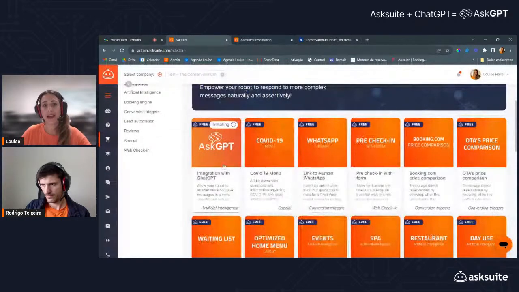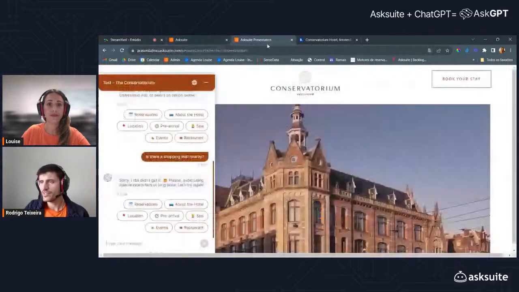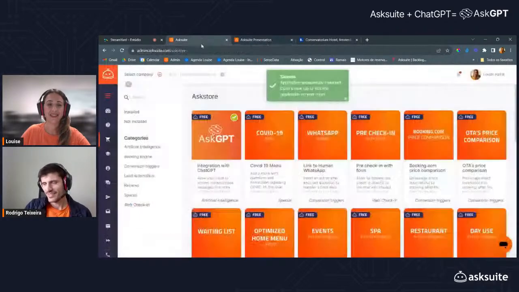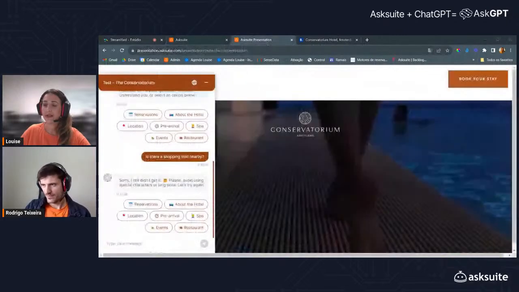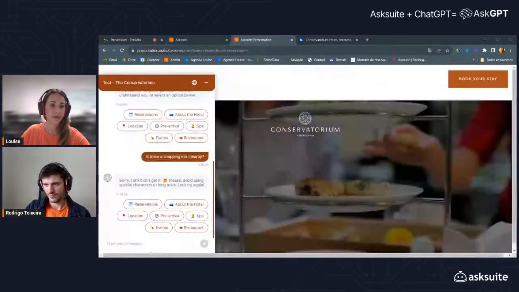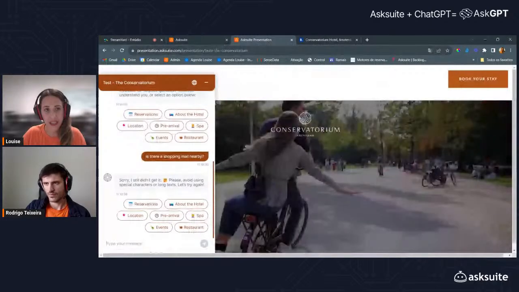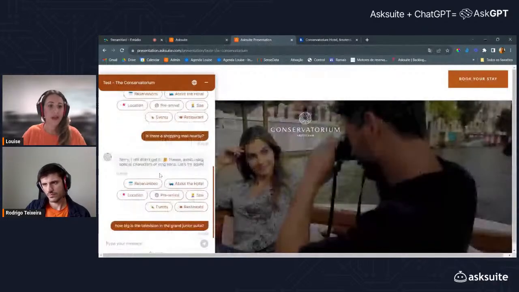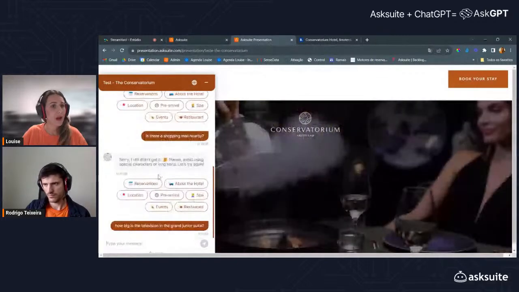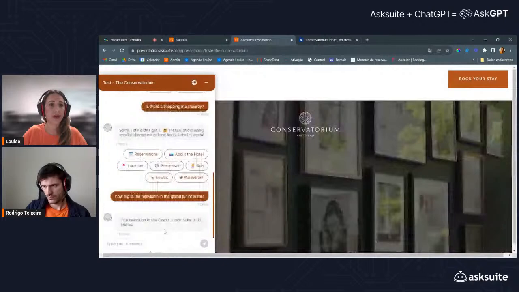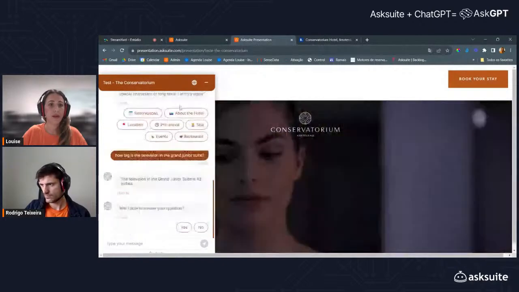And then if I go back here on this presentation mode and ask the same question again, let's wait for the confirmation here. Yeah, it's done. There's a little bit of delay here. If I ask the same question for the robot, you can see that now the Ask GPT integration is ready to go. The robot will give me an answer about that. Okay? I'll ask the same question that I asked before, if there's a shopping mall nearby.